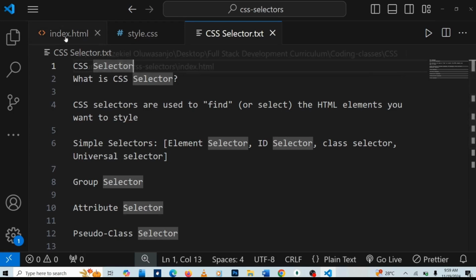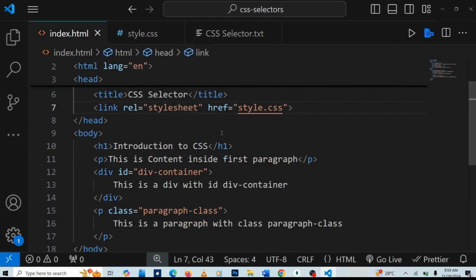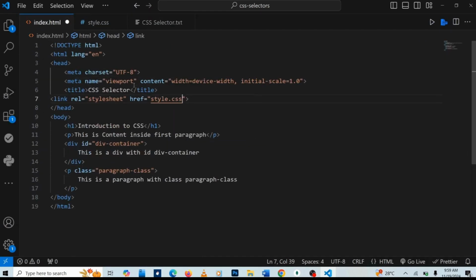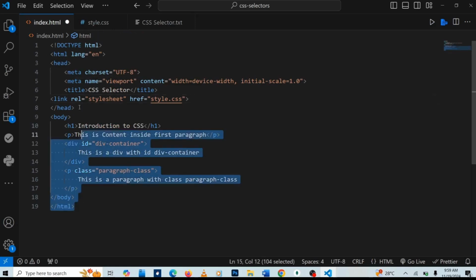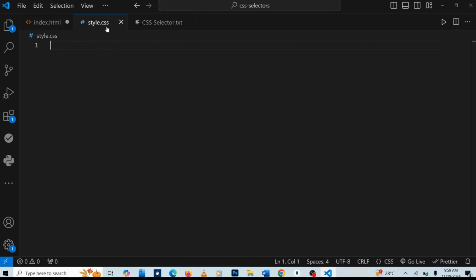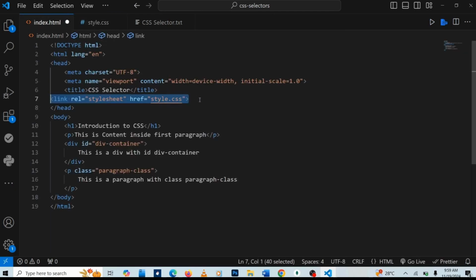Take for instance, I've created this particular HTML page here. I've linked the CSS style, created a CSS file called style.css, and I've also linked it up with my HTML document here. Then I've created this basic HTML